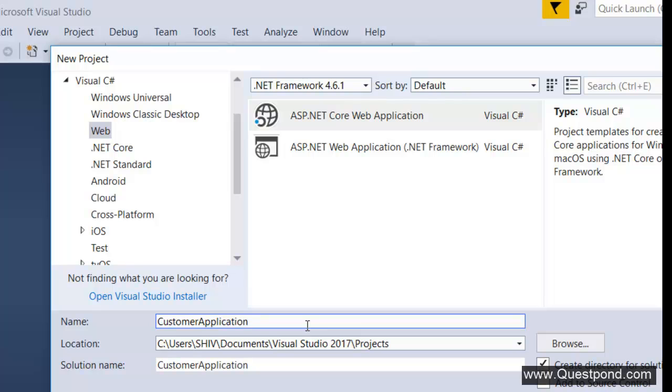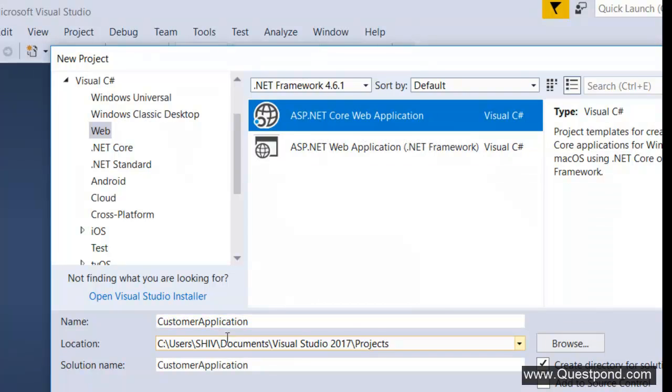So as I've said in this tutorial, I will be creating a small project as well. What we will do is create a simple customer application which will have a customer code, a customer name, and a customer amount, right? So a simple screen with 3 text boxes, and then we will create some add, update, delete and such kind of functionality. So that's why I've selected this, right? And I've selected customer application, and